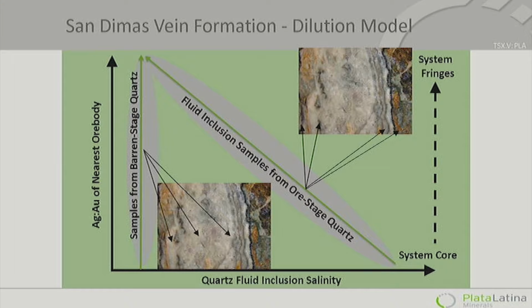So when we plot the relative salinities of the samples taken from the two stages of quartz, and the salinities going this way, and then the silver-gold ratio that is around where we took the sample for the fluid inclusion study, at the center of the system, where we had the lowest silver-gold ratios, in other words, the greatest proportion of gold to silver, we had relatively high salinities in the samples that came from the ore quartz, these bands. In the same sample,